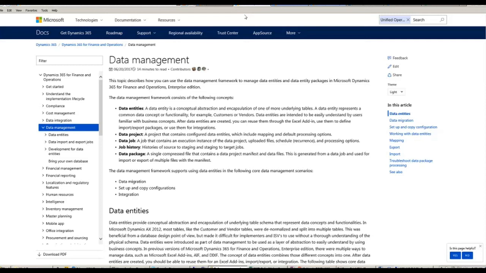So you don't need to worry about the joins, the inner joins, the outer joins, where that table is. Microsoft have shipped hundreds and hundreds of these entities that represent these concepts. And these data entities are not just for reading information, you can use them for creating and updating data. So it's a logical denormalized view that you can also write to. So you have various options, but we'll talk about this a little bit later on, but there's a mechanism for you to take these data entities and import that into D365 for your data migration.